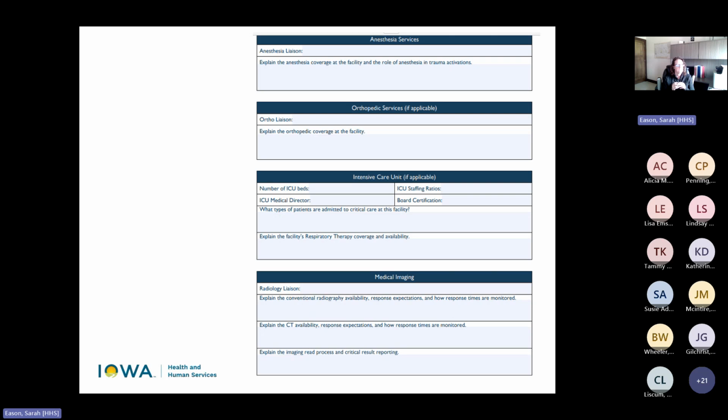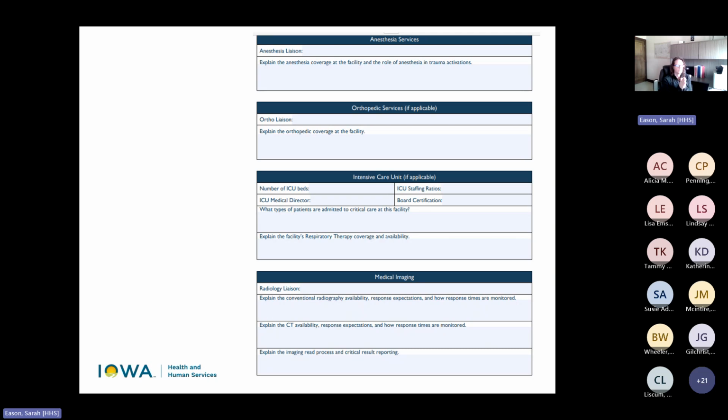You can list your liaisons, for instance, even though ortho isn't required. I've seen a name filled in here because we have, say, outpatient surgery availability Monday through Friday, 7 to 3, and perhaps we've admitted a trauma patient that was sick enough to get into the registry, but we're going to fix them at our facility on Tuesday per the ortho surgeon. If there's any issues with that, then you need to have an ortho liaison listed there, because that person should be your go-to person if you have any involvement with the trauma patient.